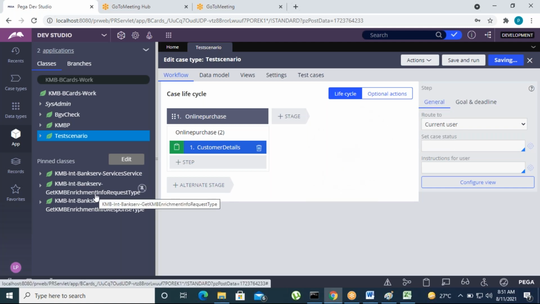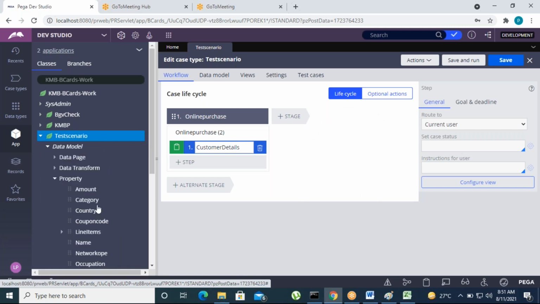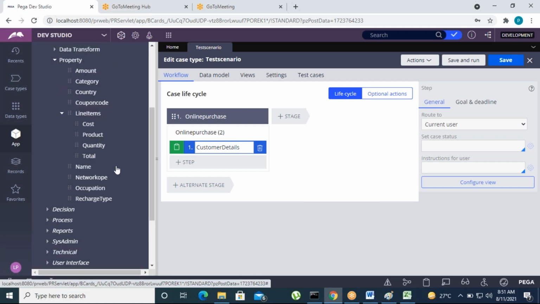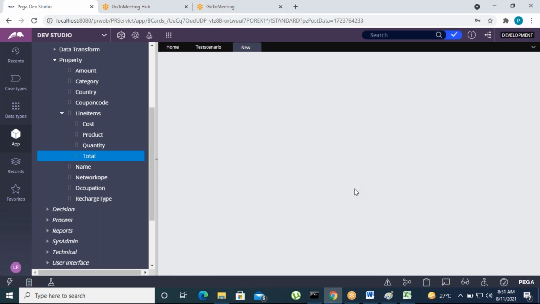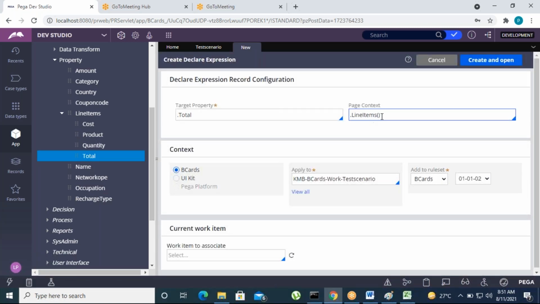That is a declare expression. Let's open that particular class. There's some property, correct? Directly go to the property, the target property, right click on it and define the expression here. Your expression is nothing but: the target property is updated based on which inputs. The line items is a clipboard page to hold all the purchase items the customer is selecting, say ten items. Item 1, line items 2, line items 3 and so on, correct? All of that goes into the order array. Okay. So let's create and open this.